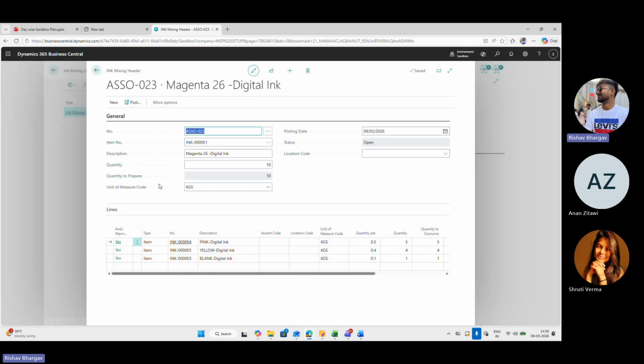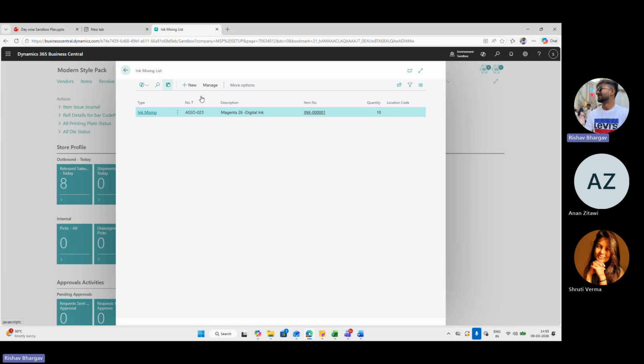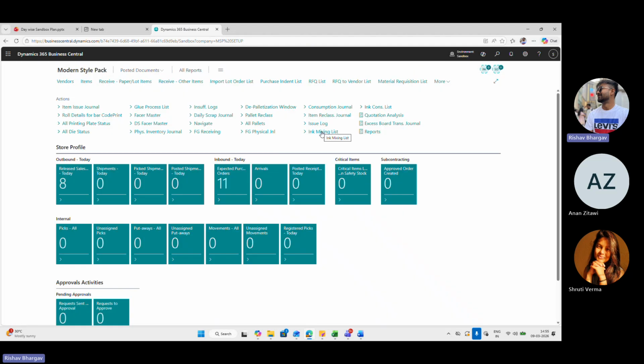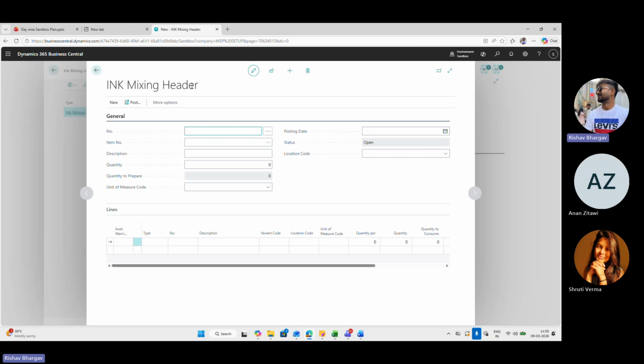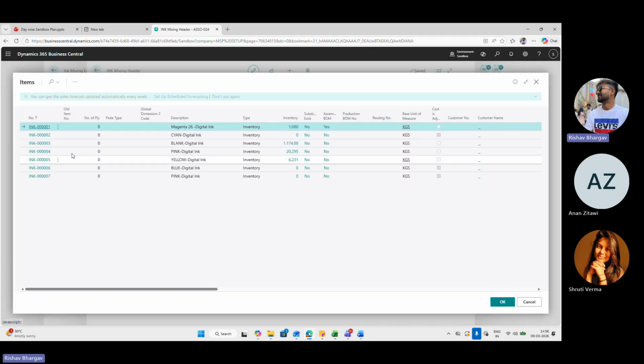So this is the ink mixing list. You can open it from here, ink mixing list, create new, and a page will open, ink mixing header. This is the page where the number is coming from number series, and the item number for which ink you want to make.